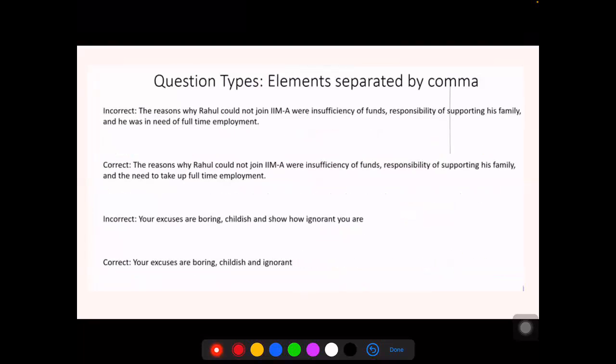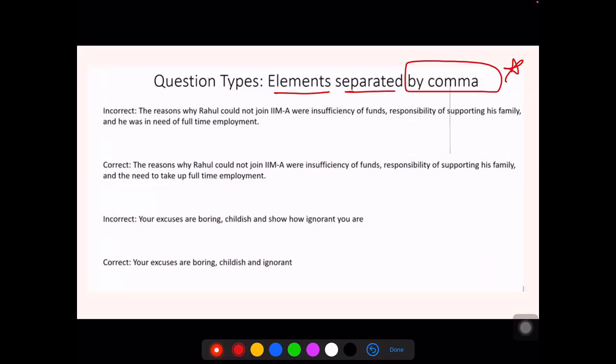Now, the question type: when elements are separated by a comma. This is very important because now the difficulty level will increase in the parallelism questions. You need to understand this part very carefully. An incorrect version of the statement was given: the reasons why Rahul could not join IIMA were insufficiency of funds, this is element number 1; responsibility of supporting his family, this is element number 2;